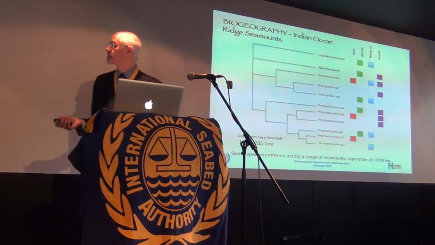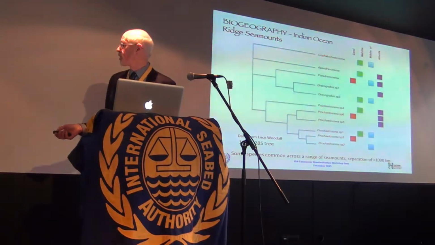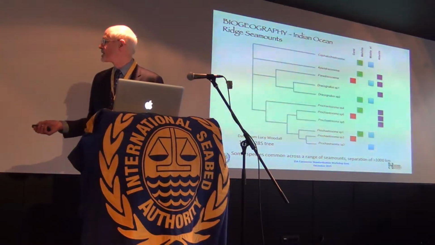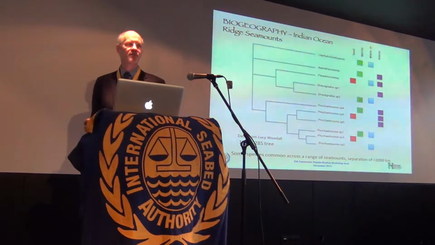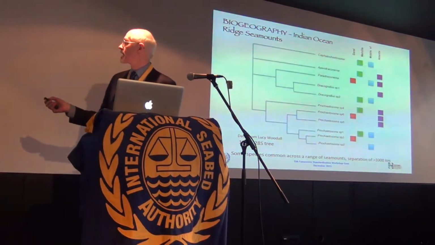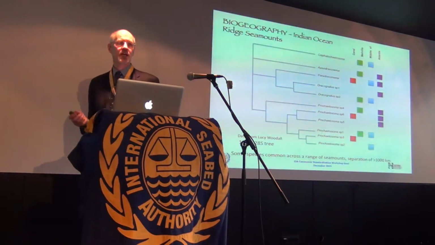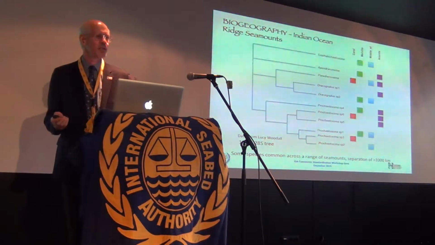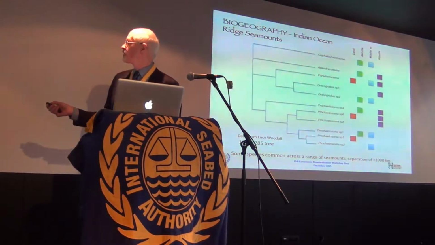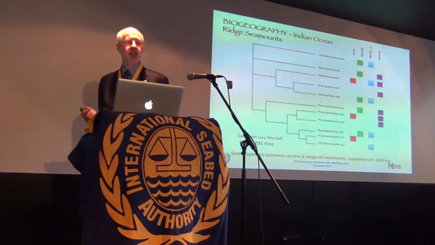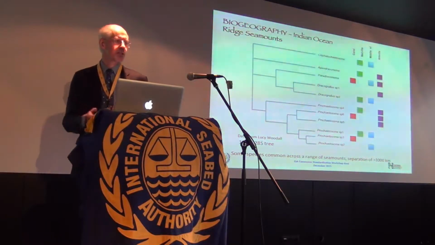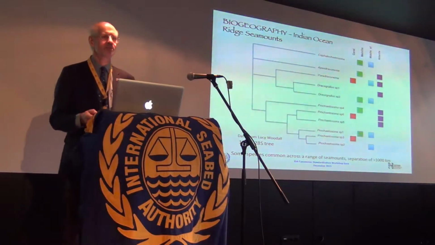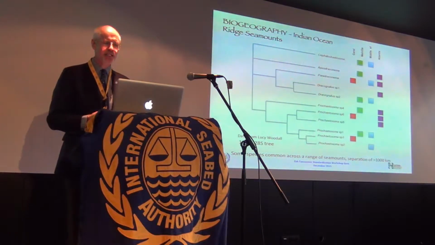When we look at the distribution of species across different seamounts, this is work we did in the Natural History Museum. Lucy Woodhall did this. This is looking at one particular family of nematodes, and how they varied across seamounts in the southwest Indian Ocean, just south of the area that people are interested in for the vent areas in the Indian Ocean. What we found is that while there were species that seemed to occur only on one seamount, quite a number of the species occurred right across the seamount chain. So there's an indication that some of the meiofauna might actually be widely distributed.